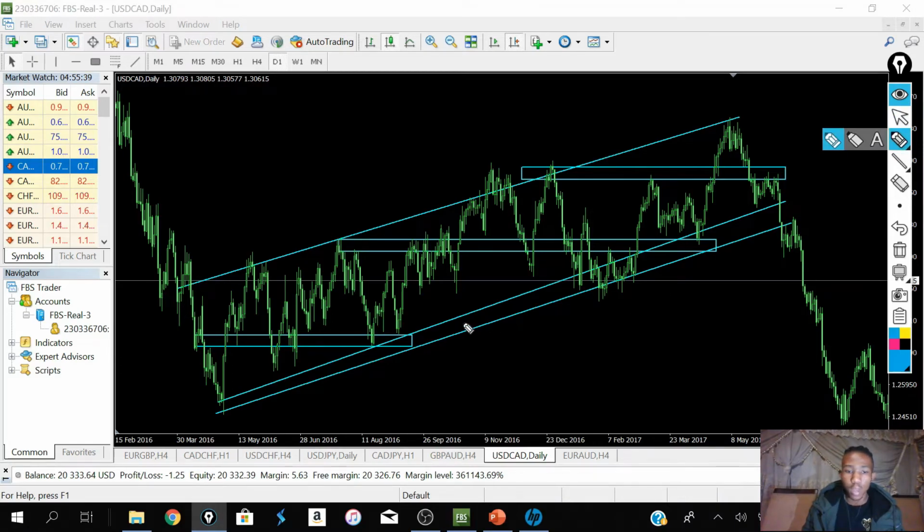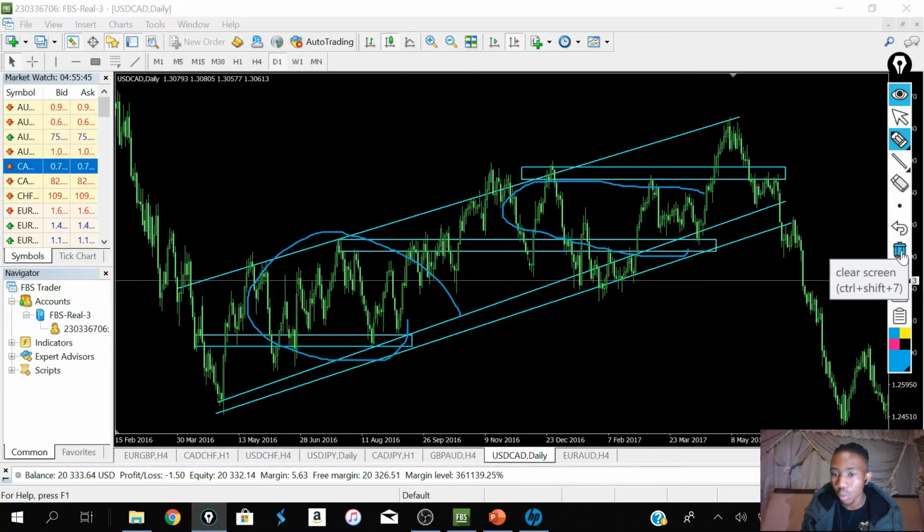What do you see here? We have a consolidation first level here and a consolidation right here. So consolidations are where, like I told you before, you can identify your support and resistance easier. So now,